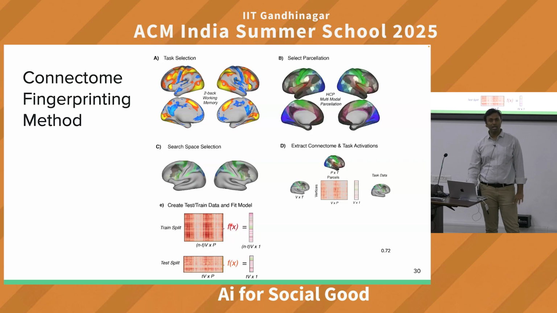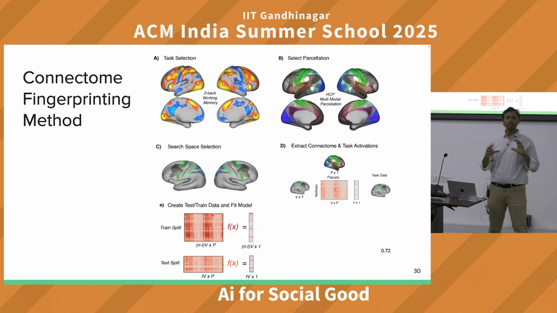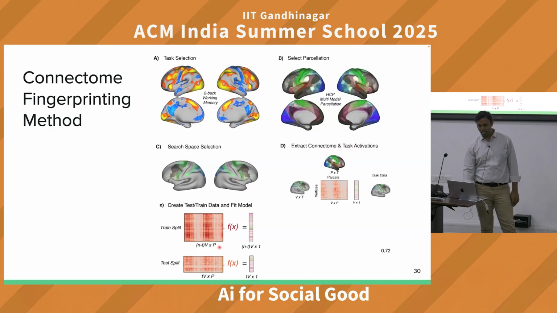You train a model. This could be any model, and the model is learning the activity in, let's say, the 2 back working memory task and the connectivity in another condition, what we call as a resting state, जहाँ पे आप कुछ नहीं कर रहे हो. तो 2 अलग conditions में, one used to create this connectome, second to make this to associate it with activity. Is this clear? Clear? Yes? No? Confused? Lots of confusion. Any questions around this confusion?